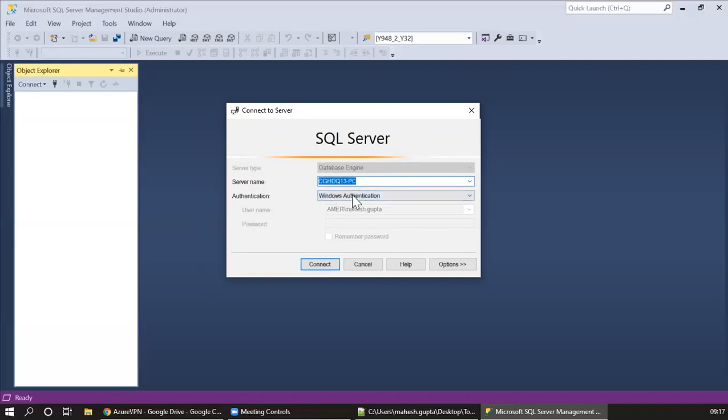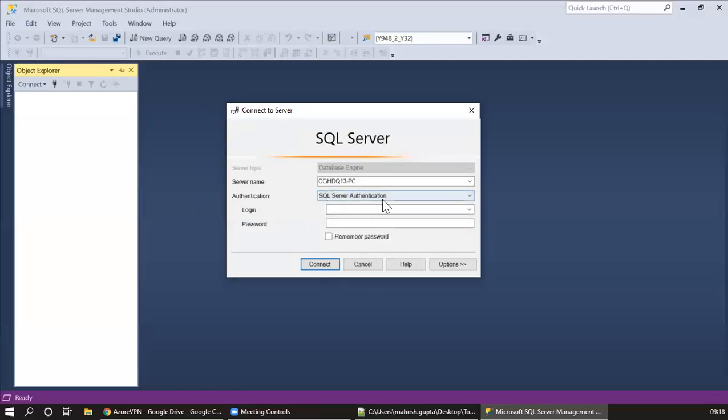And then you have authentication mode. Most of the time we work on Windows authentication mode, and sometimes we use SQL Server authentication. When you install your SQL Server, Windows authentication is the default that you will get and can use.